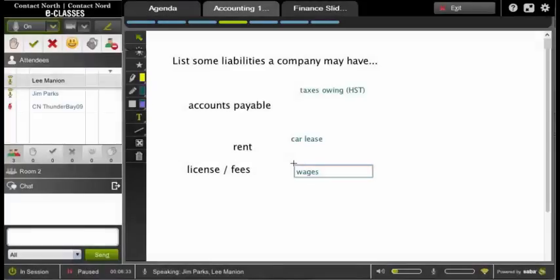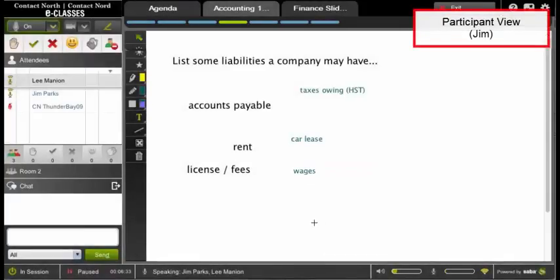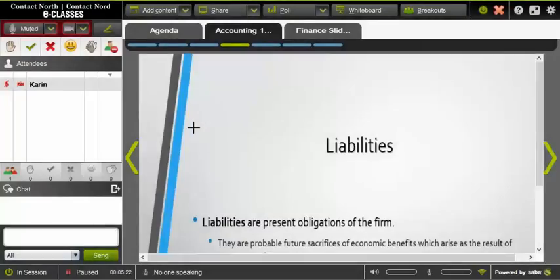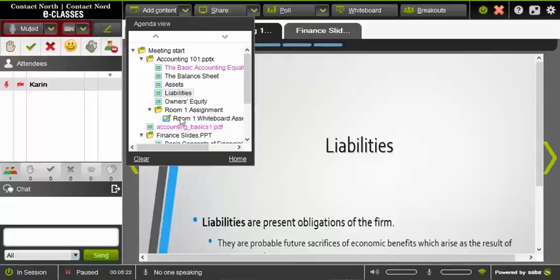For participants, the breakout room looks and functions the same as the main room. Breakout room participants can interact with the room leader, other room participants, and use the normal participant tools found in the main room. If you selected specific content for a breakout room, as was the case with Room 1, its